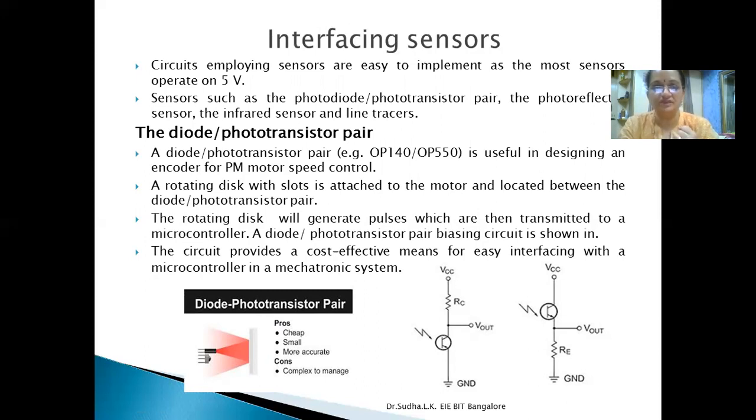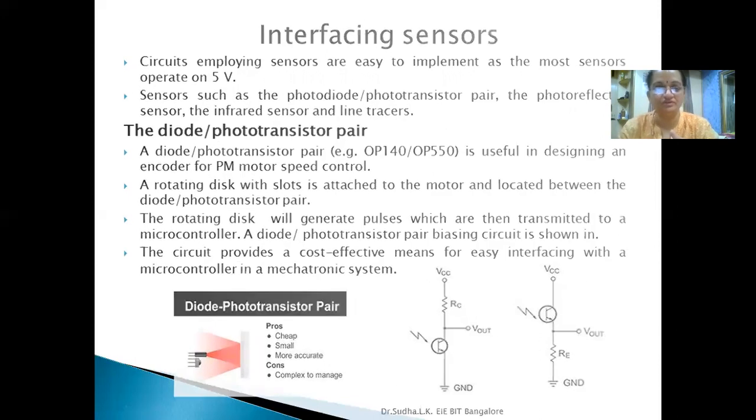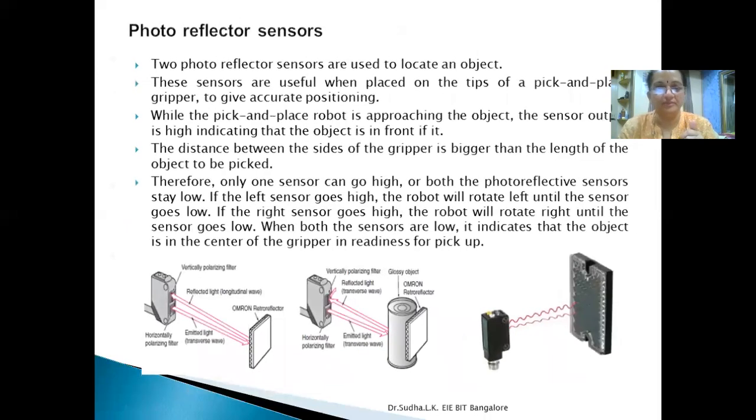These zeros and ones will be transmitted through the phototransistor pair, in which the light rays fall on the screen, that is, on the disc. On the disc we have a transparent portion as well as an opaque portion, through which we can identify which is the high level and which is the low level signal. Whenever light passes onto the disc or any object, it generates a high and low level signal. We are going to come across this in the next application.